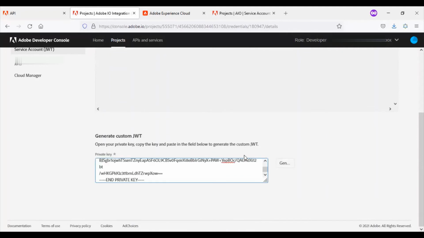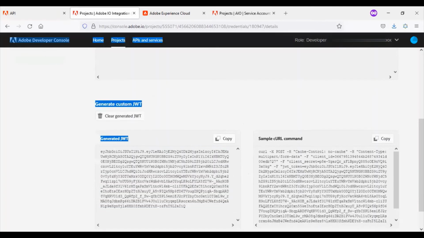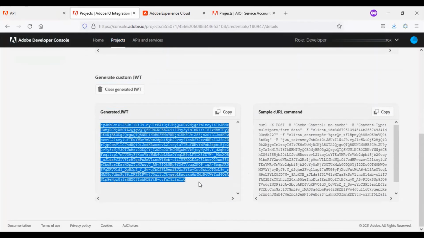I'll paste the copied private key here. Click on generate. Now you can see the generated JWT and a sample curl command here. I'll just copy all these details for later use.